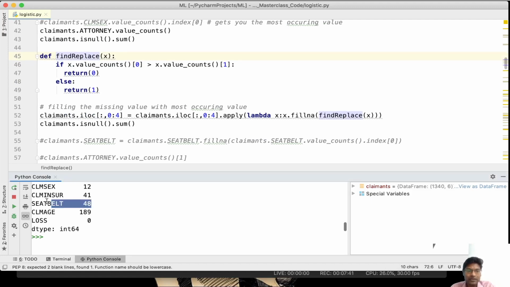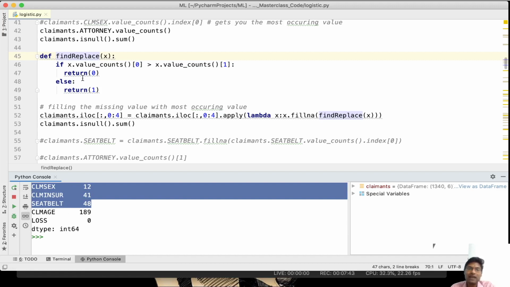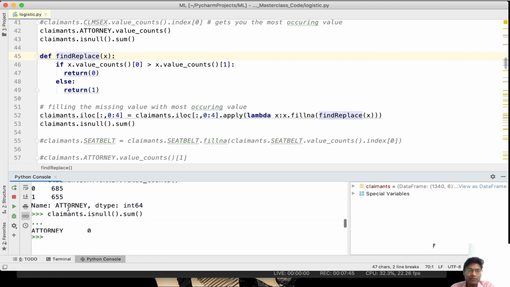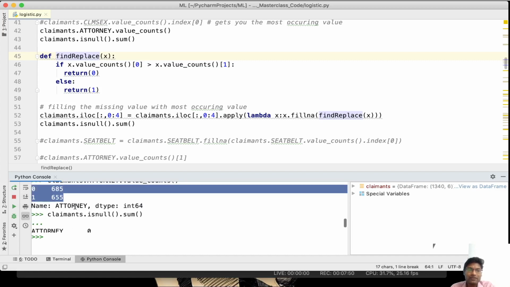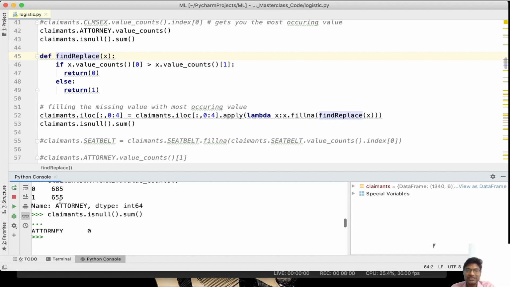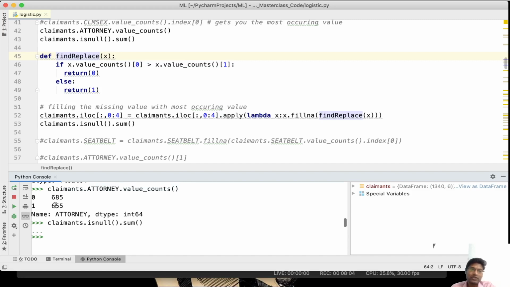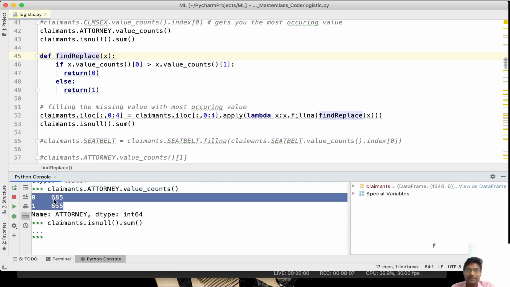For these three, we are going to calculate the mode value and backfill with the most frequently occurring value. To fill either 0 or 1, we need to know which category has occurred the most number of times, and from that we take that index position and fill it in place of the missing locations.